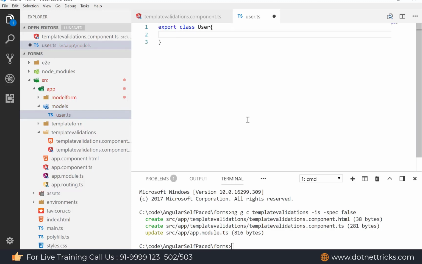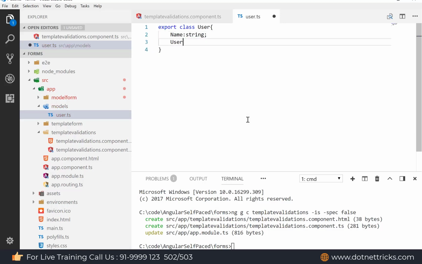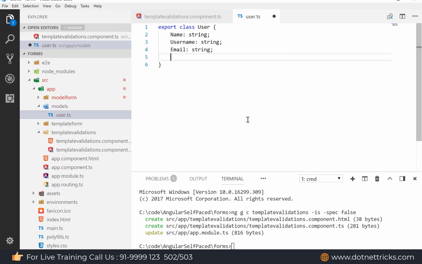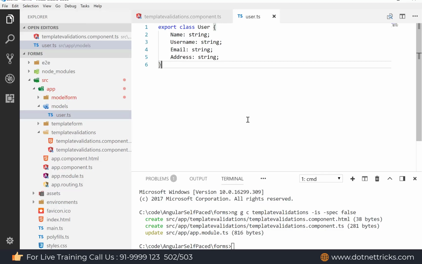I'm defining the members in this class: the name as a string type, username as a string type, email as a string type, and address as a string type. So right now I'm defining only four fields: name, username, email and address.